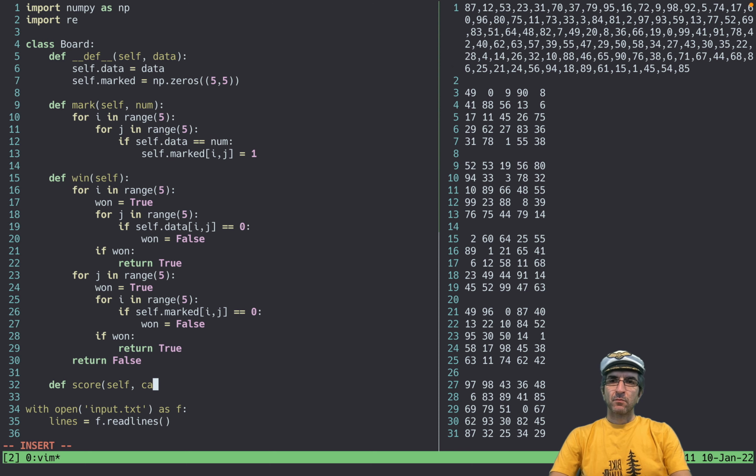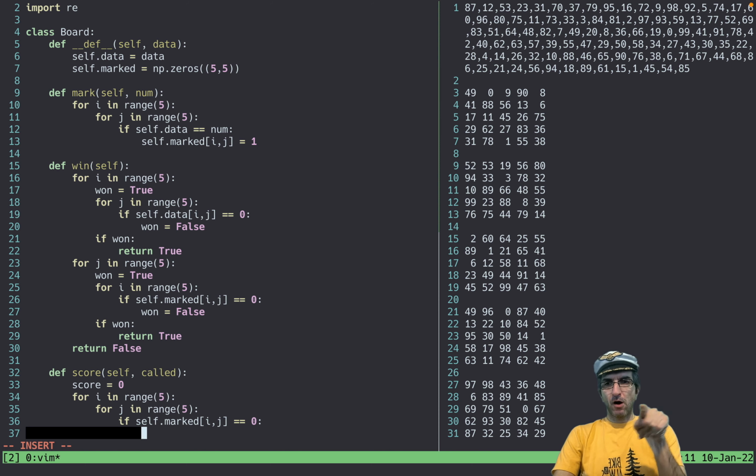So it gets the called number and say, okay, score is 0, for i in range 5, for j in range 5, and say if self marked i and j is 0, if it's not marked, what to do?